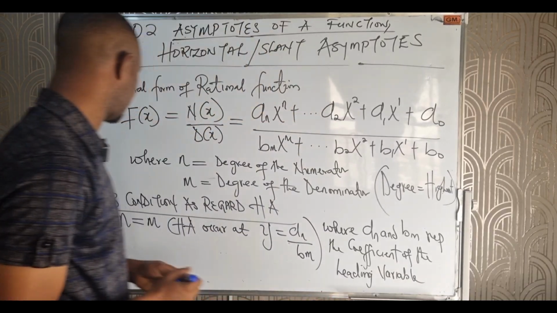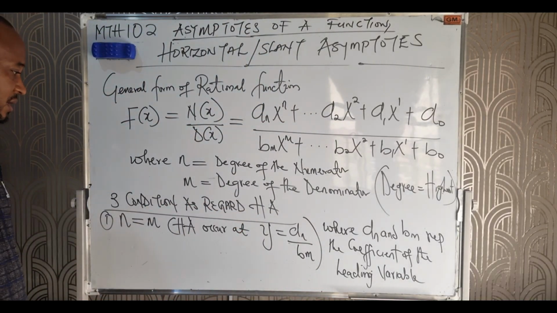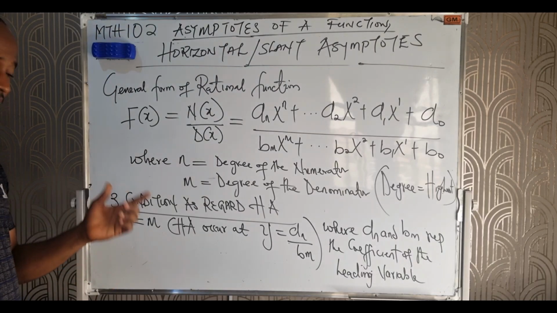Okay, this is the first condition as regards horizontal asymptote, or the first step you have to take note of: if n equals m, n represents the degree of the numerator,